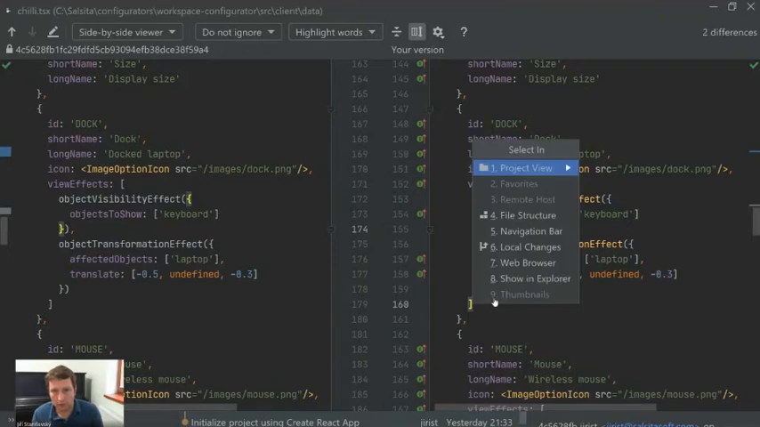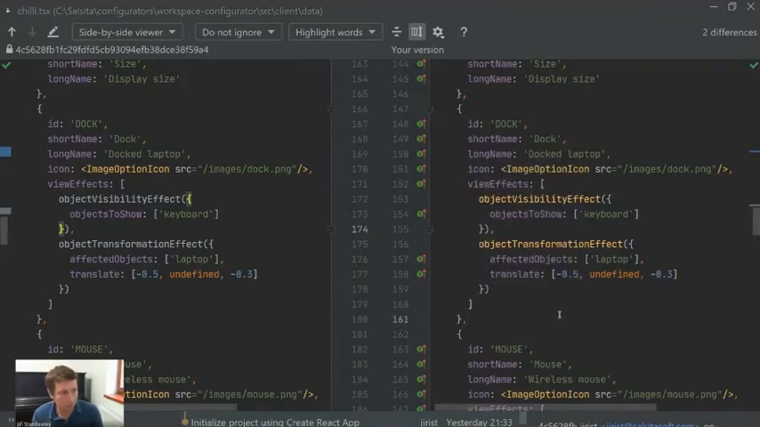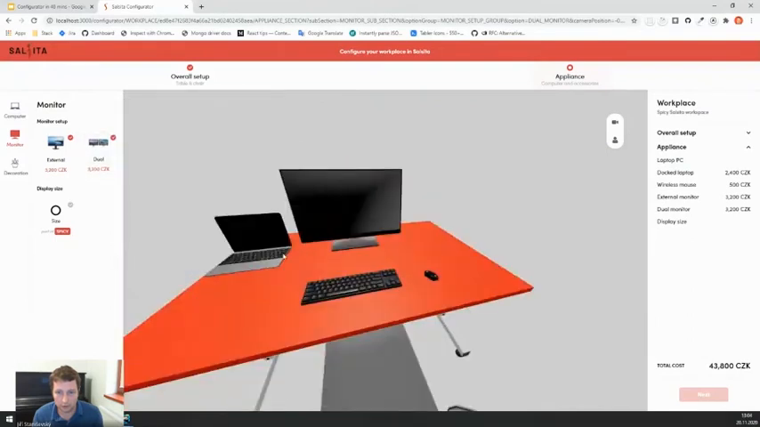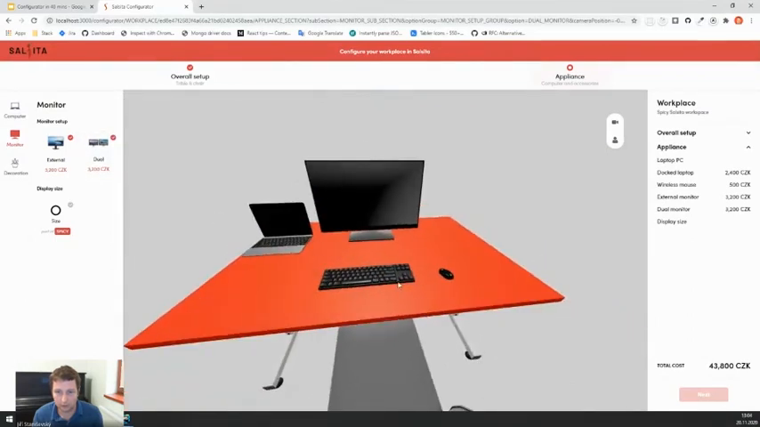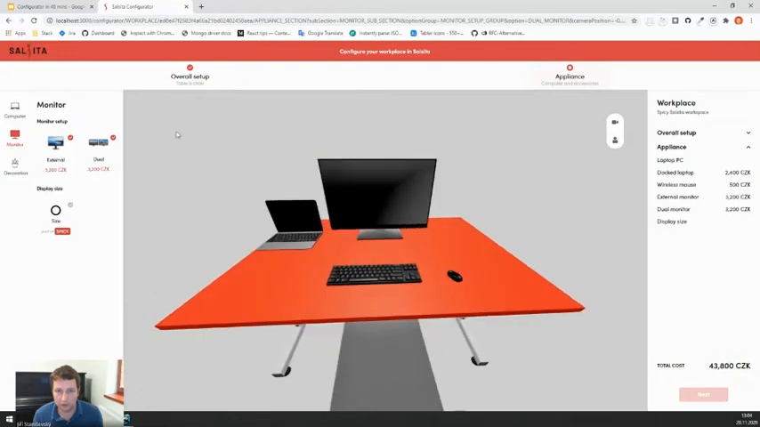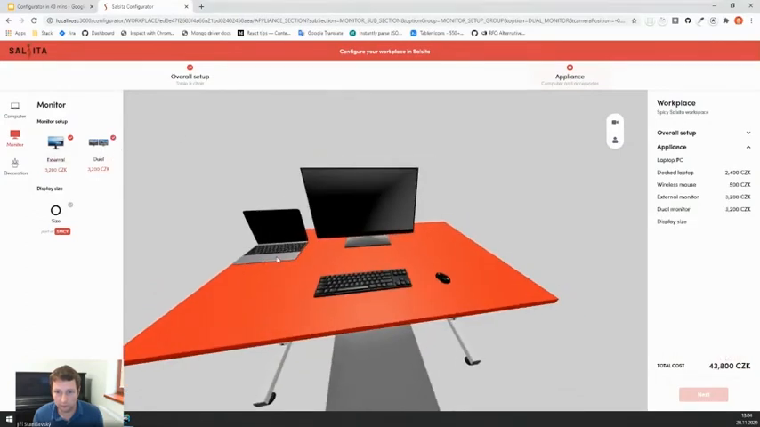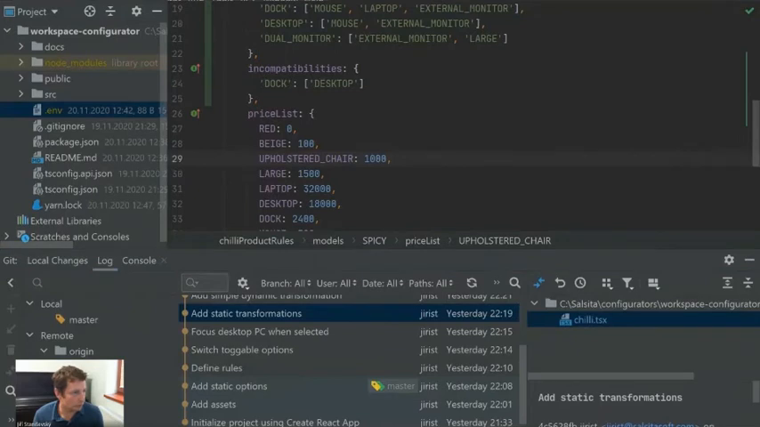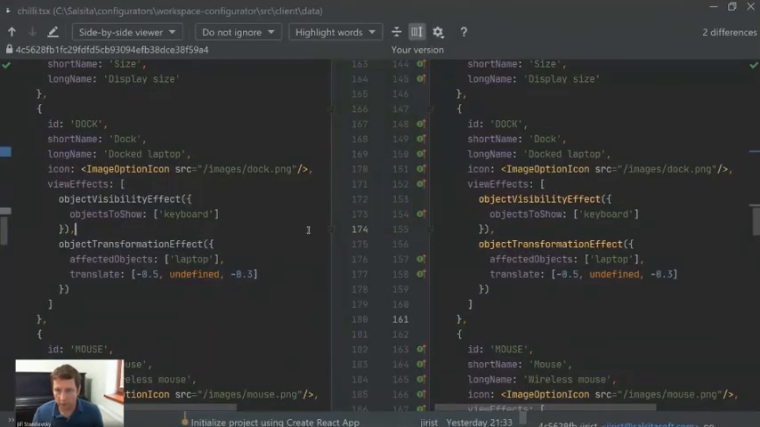So let's go back to the configurator now, and you see that it's there. It's moved. It doesn't intersect with the keyboard anymore. Cool. The monitors, though, they're still pretty bad, right? So let's go back. Where am I? Here. So the next, there should be the diff somewhere. Here. So the next stuff that we'll do,